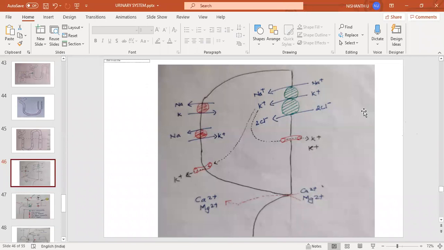What is the advantage? The advantage is simple. You are eliminating sodium as well as water, thereby your blood pressure may come down. But what is the disadvantage? You may experience a huge loss of calcium and magnesium. See here, how to think dually. What actually is the person's problem? If the problem is blood pressure, then it works out. And if the problem is excess calcium in the blood,